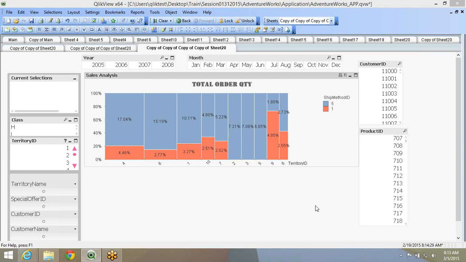Okay. So what I was talking about was the Mekko chart. The width represents the size of the overall first dimension, that is territory ID.